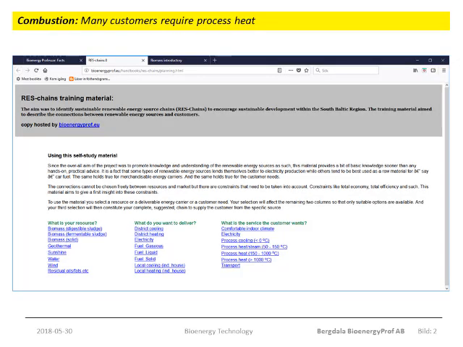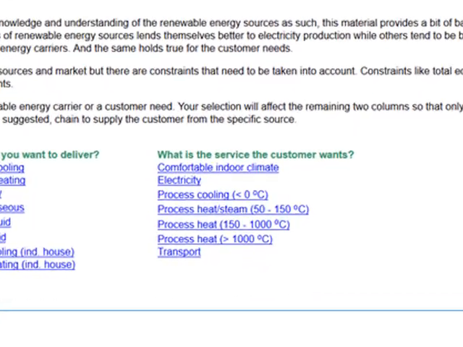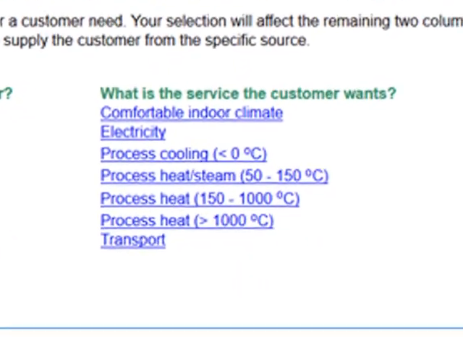But one thing is common to all types of fuels, fossil or renewable, pure substances or mixtures, and that is that the energy in them is chemically bound. And that means that we have one and only one process through which we may extract and utilize the energy, and that is combustion. Look at the first page of the rest chains training material and focus on the customer